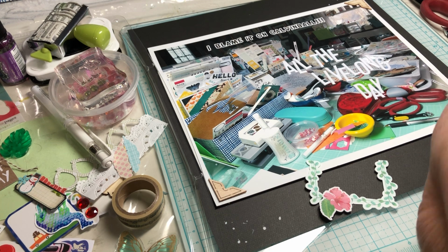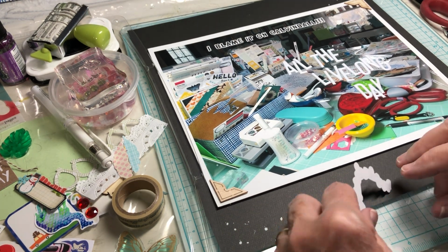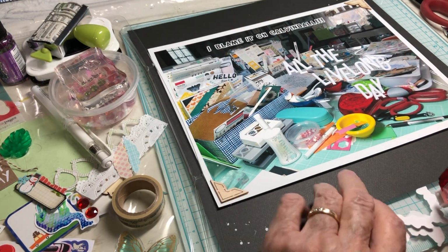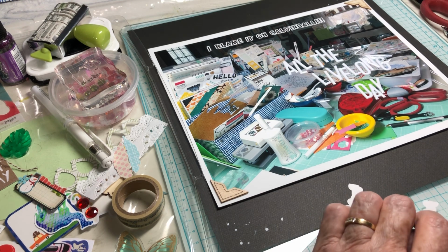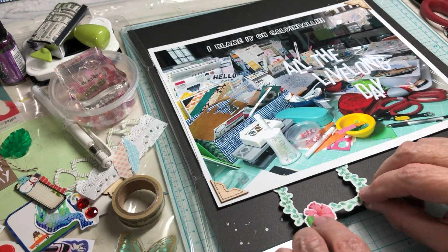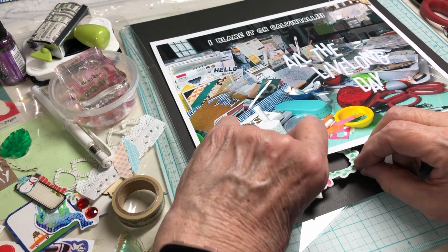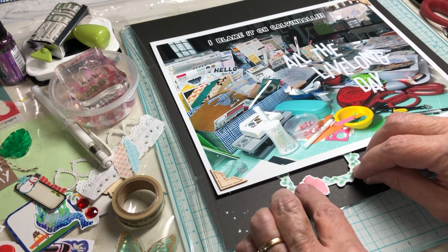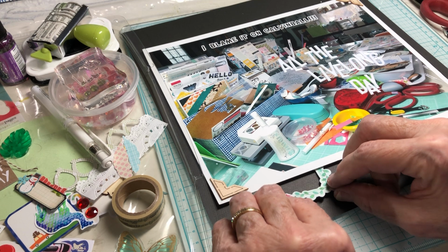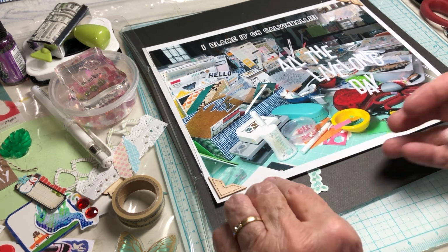So this is something else that can be used again. I'm going to put it over with my flowers and foliage, knowing, of course, that it could also be used as a frame. I'm going to be layering some things on top of this, so I'm going to leave it flat. I'm going to stick it under the foam. I'll do this. I'm looking for a spot where the photo isn't very interesting, and it's okay if I cover it up with my...